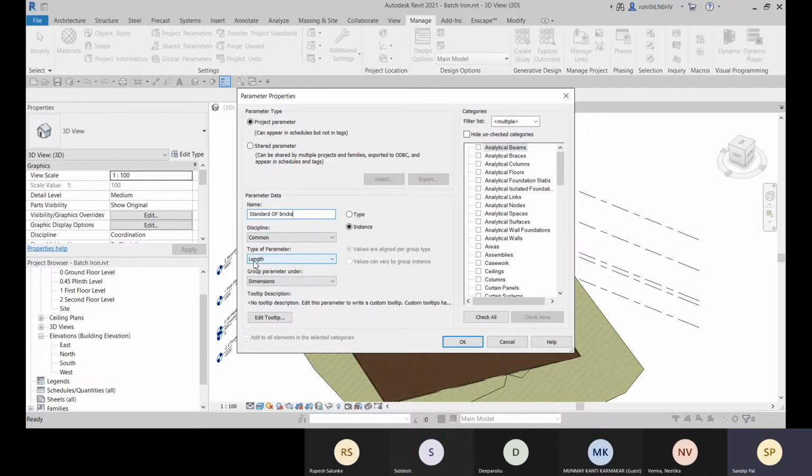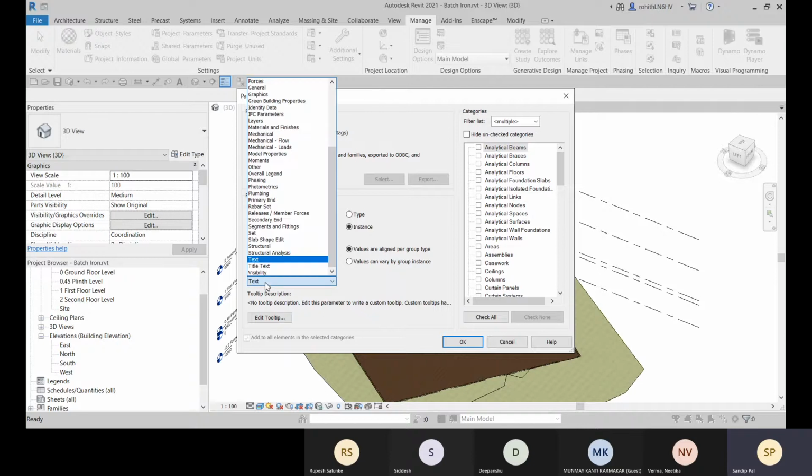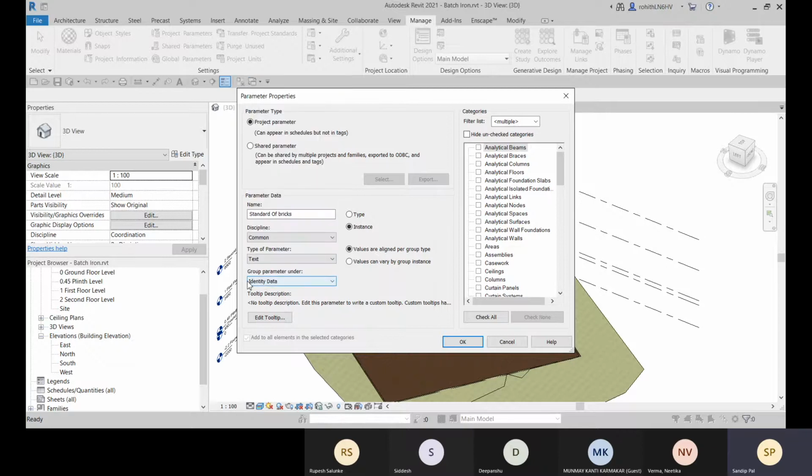And what type of parameter is it? It is a text parameter. All right, if we define the text parameter, then only you can type the values. And you can group it within any kind of group. Here the parameter will be grouped under this group, identity data.